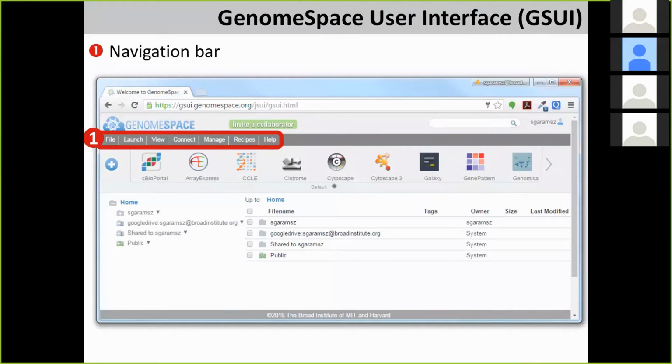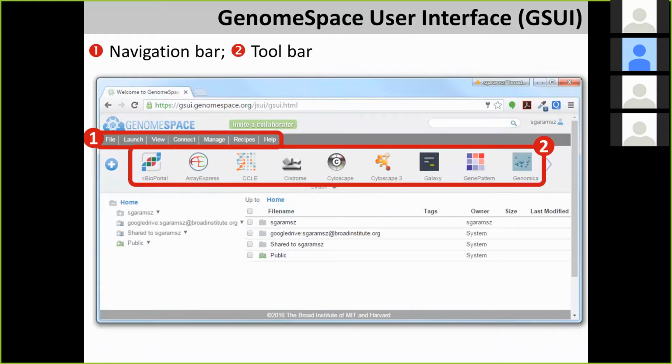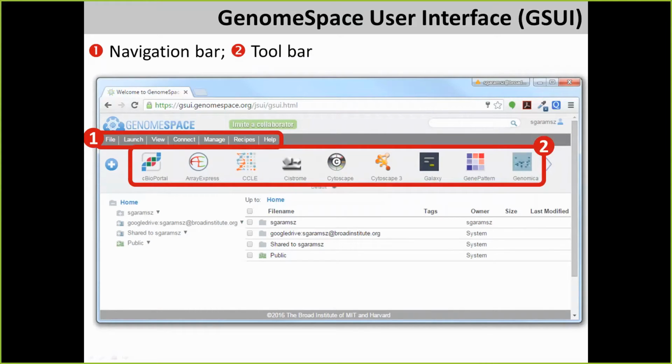Once you have logged in to the GSUI, there are a couple of different components here as well. One of them is the navigation bar, which provides different ways to download data or manage your Genome Space account, and also links to different documentation that we have on the Genome Space website. Another component is the toolbar, which is the place where you will find all the Genome Space tools. All 20 tools are currently in here, and you can scroll using these arrows at the end.